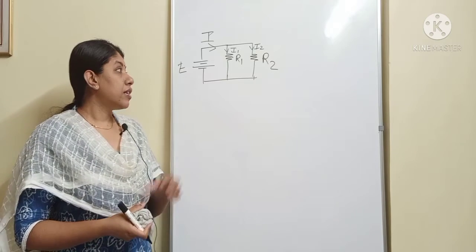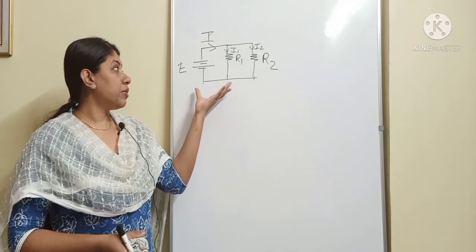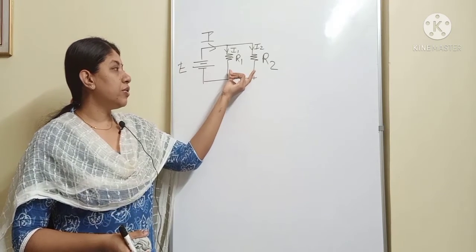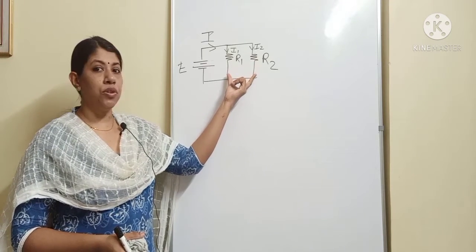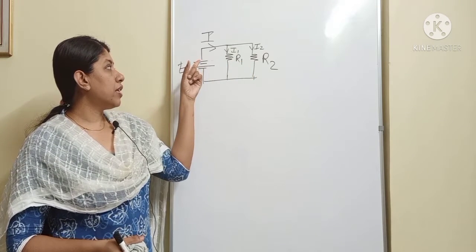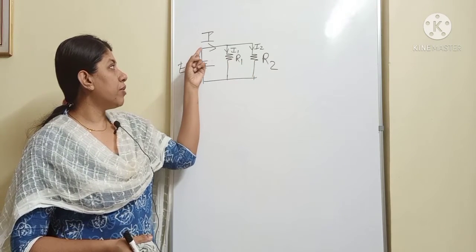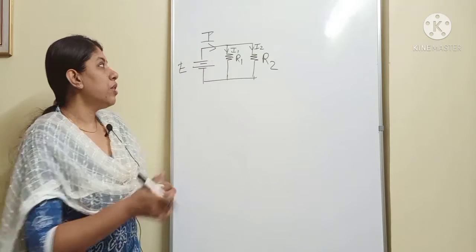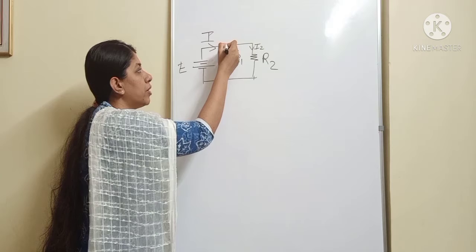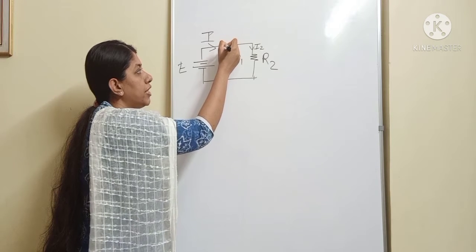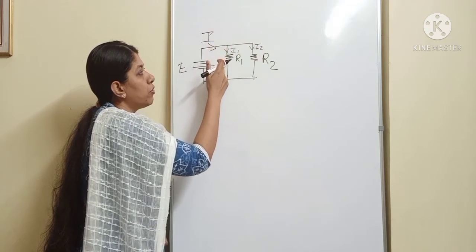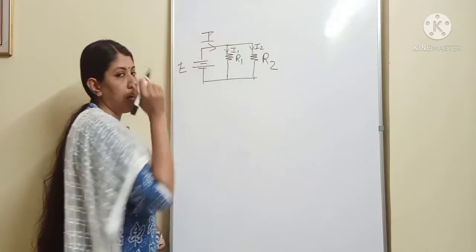Now consider the given circuit. In this circuit you can see that you are given a voltage supply, then two resistors are connected as shown here. So two resistors R1 and R2. So if you mark the current, you can see that because of the applied voltage a current I will flow, and at this particular junction the current I will divide into two. The current I divides into two, that is into I1 and I2. I1 will flow through R1 and I2 will flow through R2.